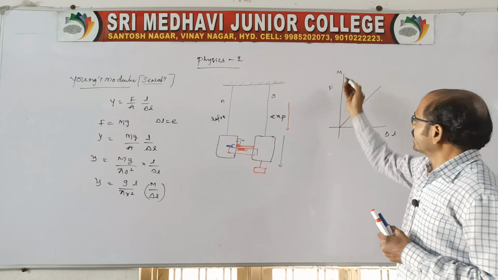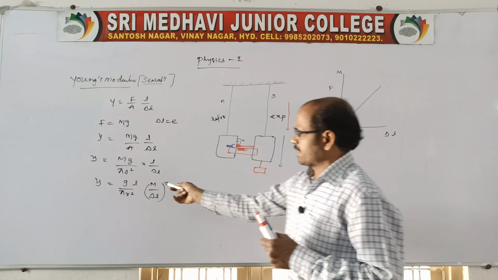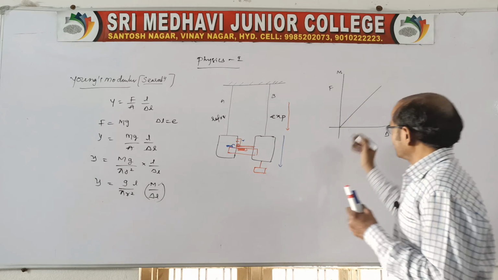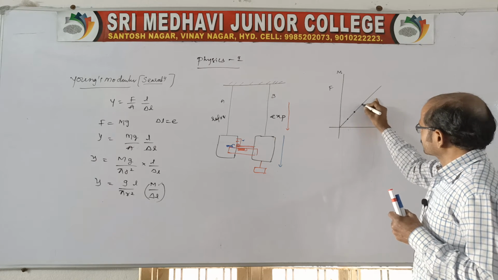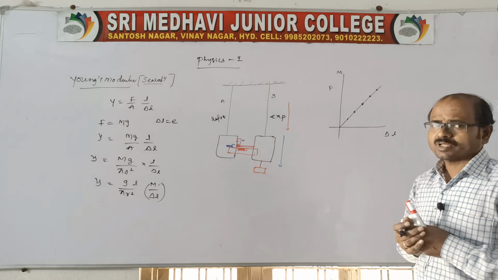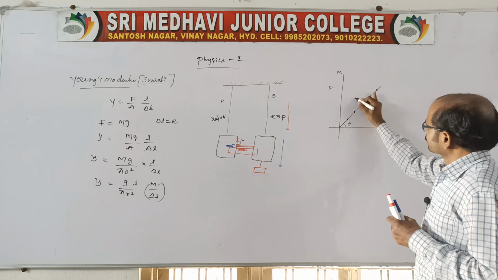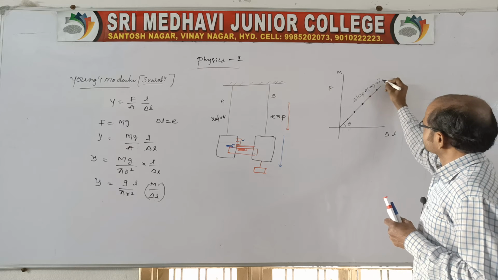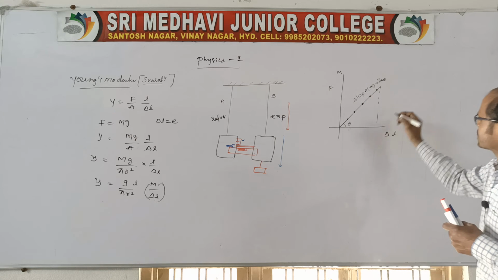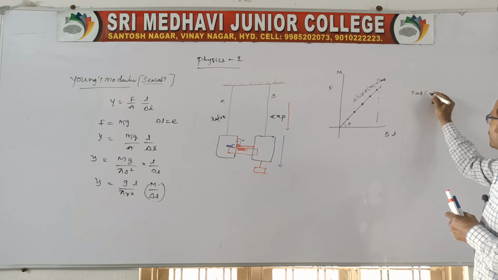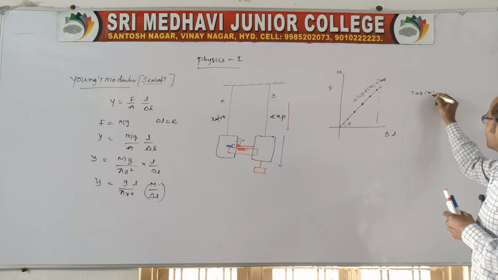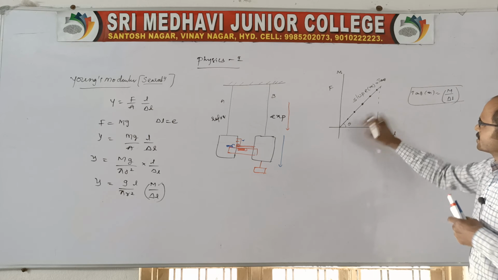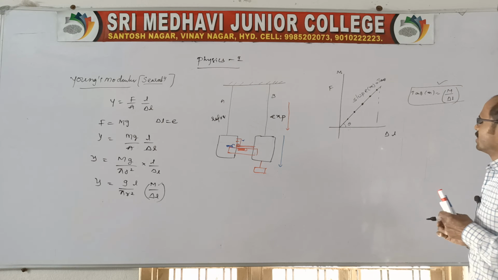Straight line. Now we need to find M by delta L, because we don't know M by delta L. See how much M is added, how much delta L is produced. So by taking the graph, use this graph because it is a straight line representation like this. Now you take a theta, this is represented as the slope of the graph, small m is equal to tan theta we can say. So by using this tan theta or the slope of the graph is equal to m, that is M by delta L we will get. So this is opposite by adjacent, so that it is M by delta L.